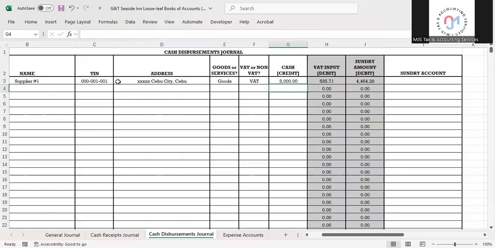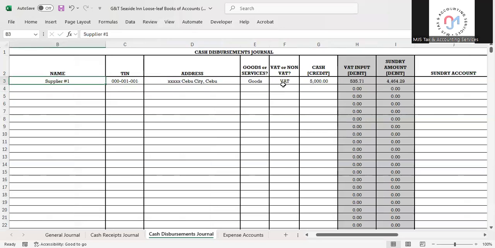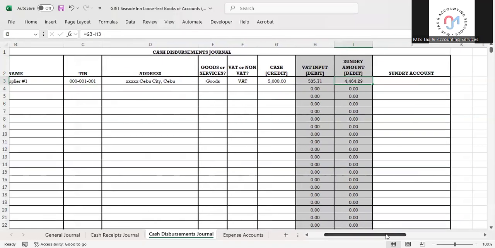Since we assume that supplier number one is a VAT registered taxpayer, that 5,000 cash that we paid includes VAT input. And that is why on these columns, the 5,000 will be split into two, one for the VAT input and one for the exact purchase.